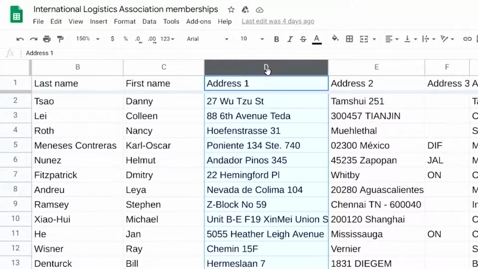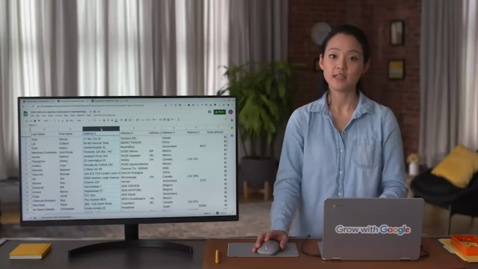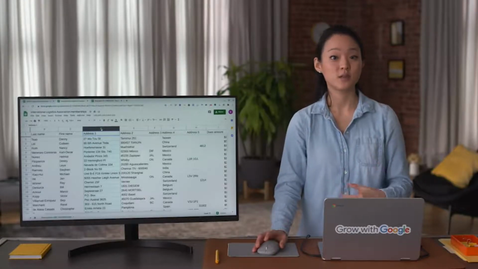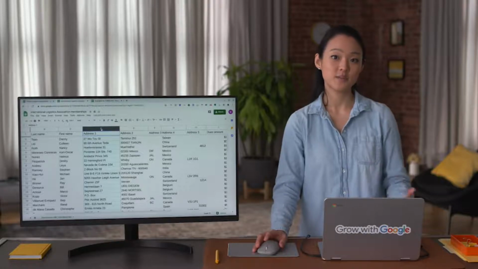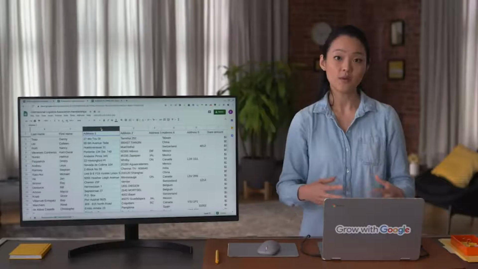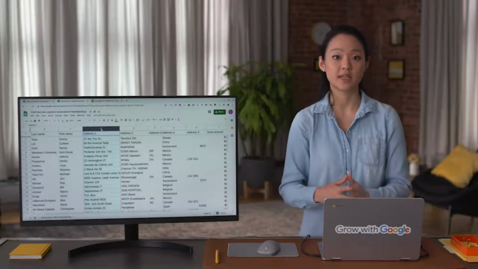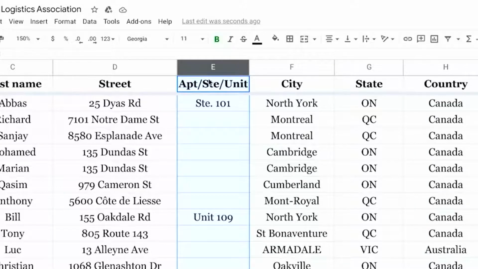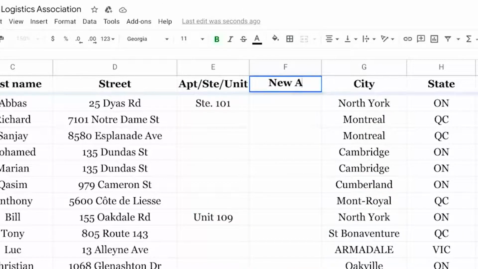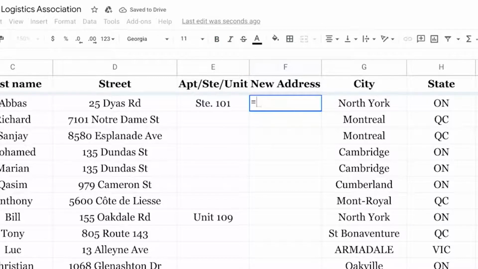This brings us to the next step, transforming the data into a consistent format. This is a great time to use concatenate. As you learned before, concatenate is a function that joins together two or more text strings, which is what we did earlier with our cosmetics company example. So we'll insert a new column and then type equals concatenate.